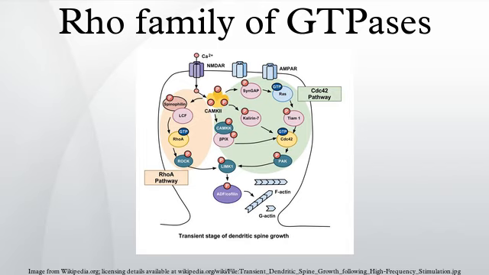Mental retardation. Dysfunction of Rho proteins has also been implicated in mental retardation. Mental retardation in some cases involves malformation of the dendritic spines, which form the postsynaptic connections between neurons. The misshapen dendritic spines can result from modulation of Rho protein signaling.